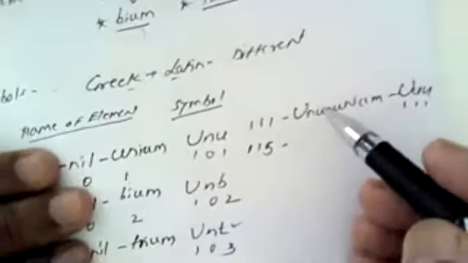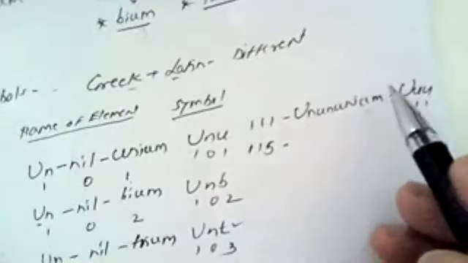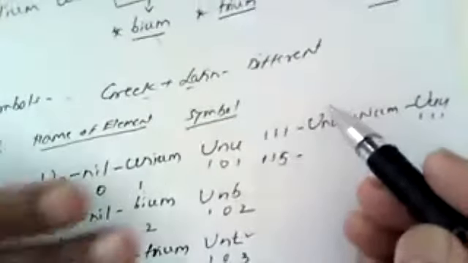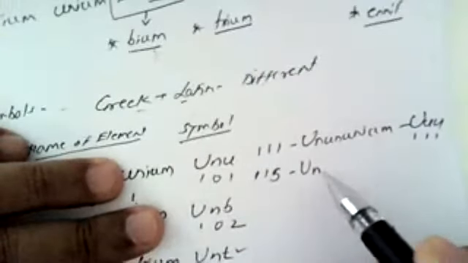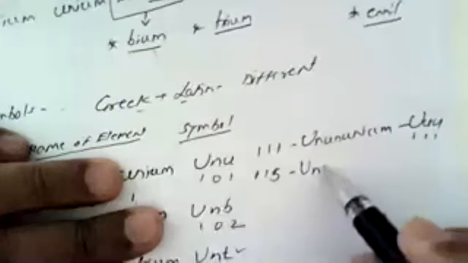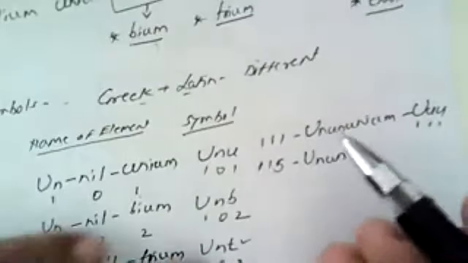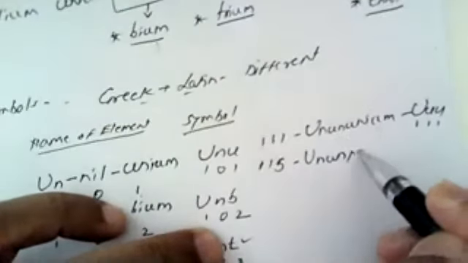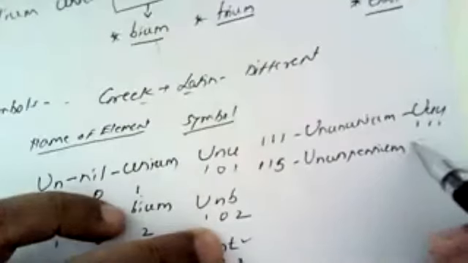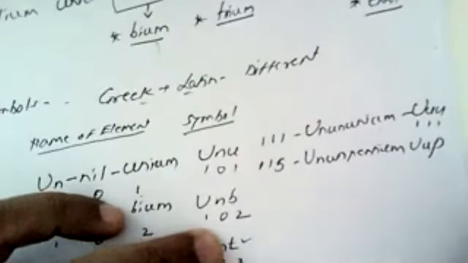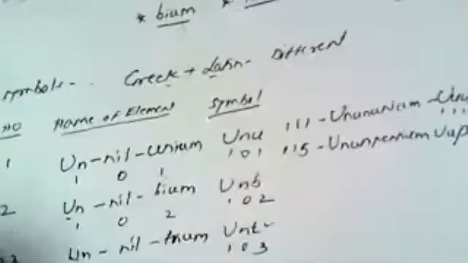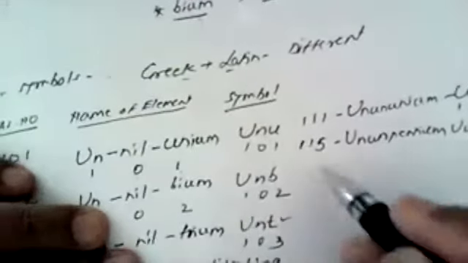I think it is very simple. How can we write? For digit 1, it is again un. For digit 1, again it is un. And for digit 5, it is pent. And that should end with ium. So unpentium. UUP. Then